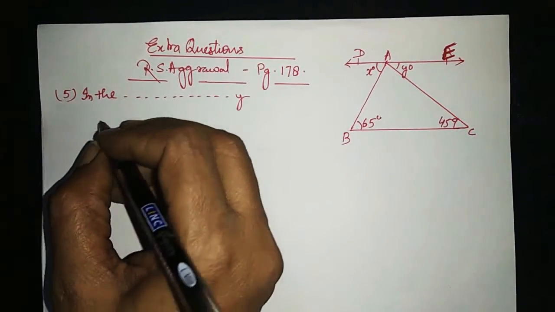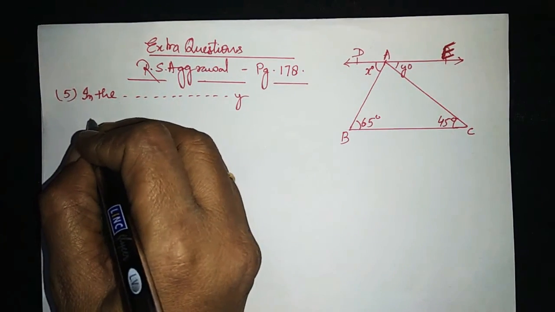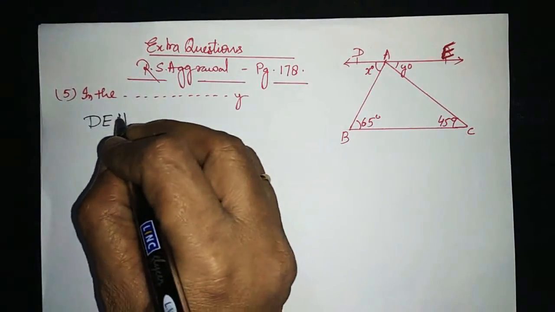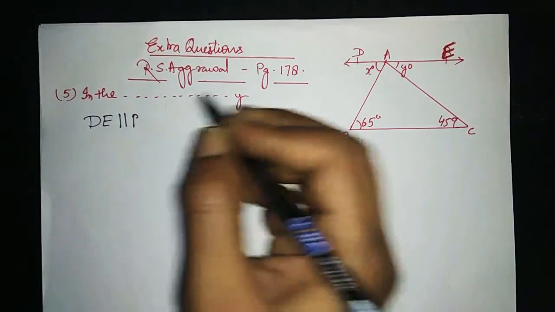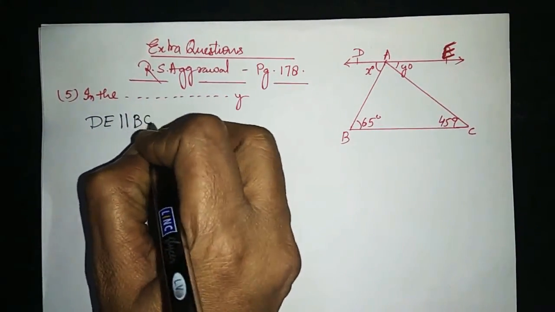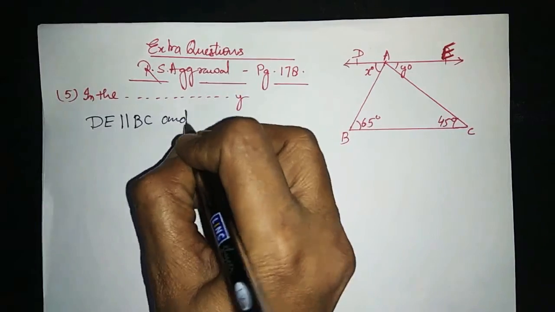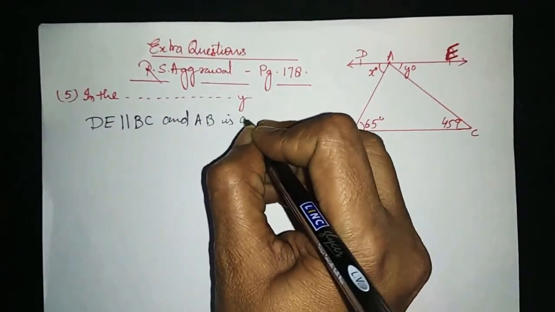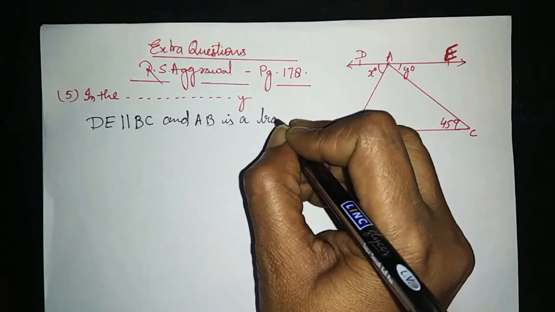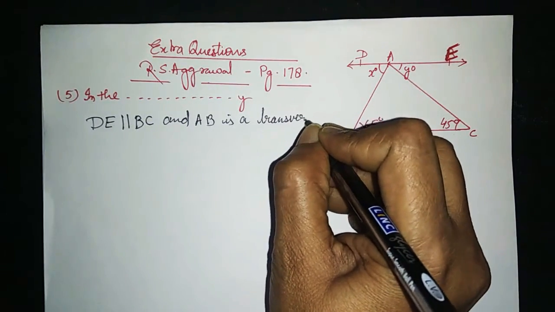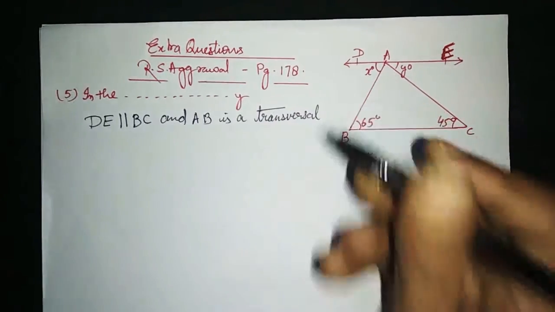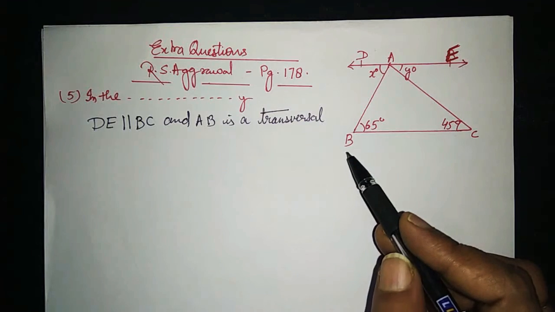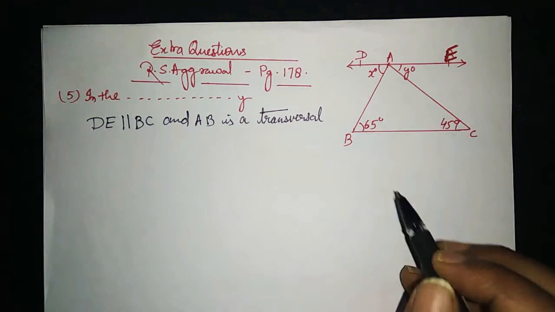So here we will write, DE is parallel to BC and AB is a transversal. Okay? DE is parallel to BC and AB is transversal, and here angle